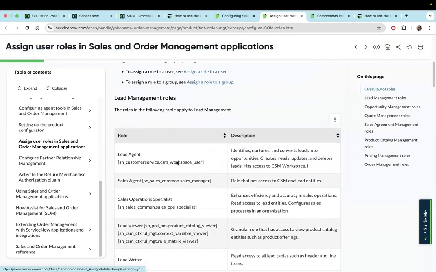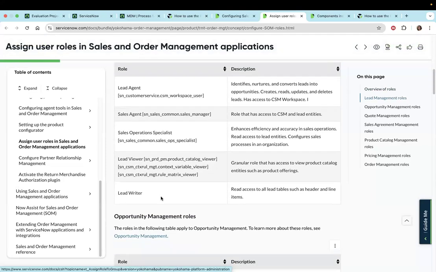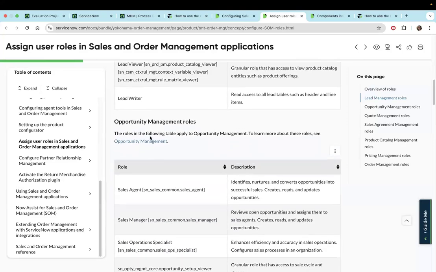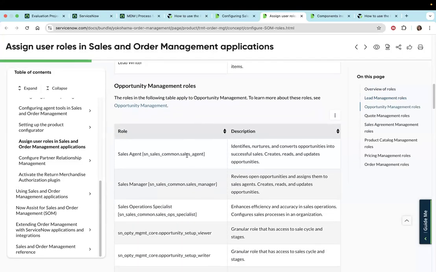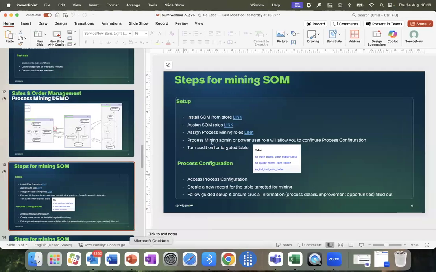Then you need to assign those roles to yourself, at least one of these roles in lead management, so that you're able to access the data. For opportunity management, these are the roles you can pick from, anything that's relevant for you, and likewise for quote management. Once you've assigned roles, the next step is that you need to assign yourself process mining roles.